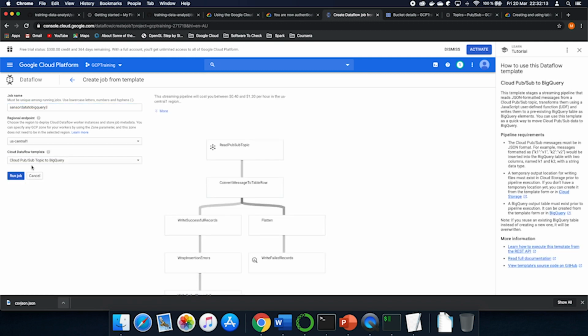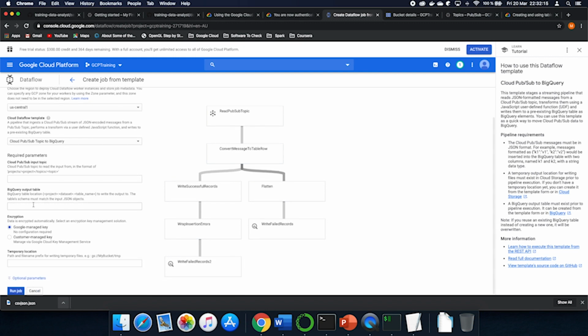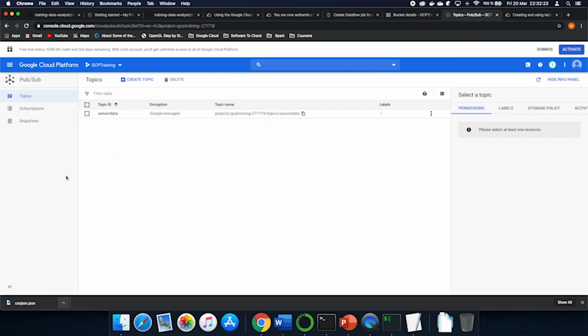Again from topic. I think now you already know what you need to do. I don't have anything copied, so I have to go back again in PubSub and copy my topic ID.